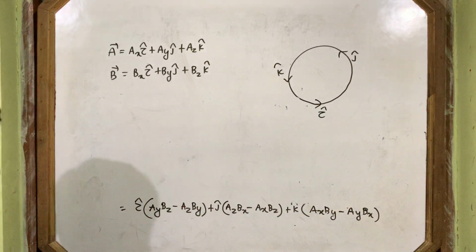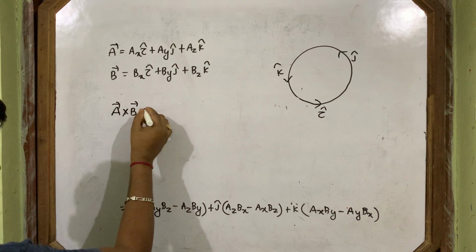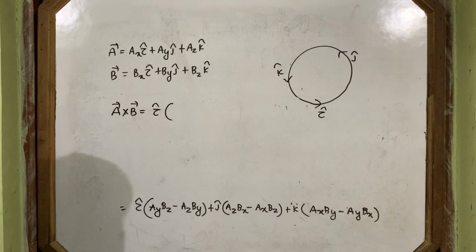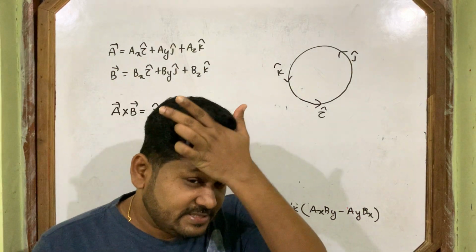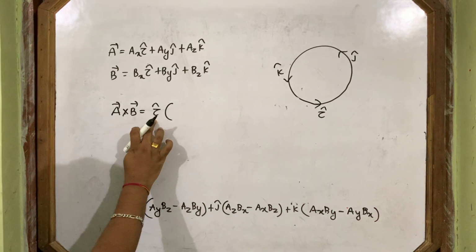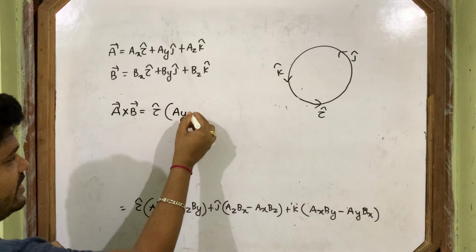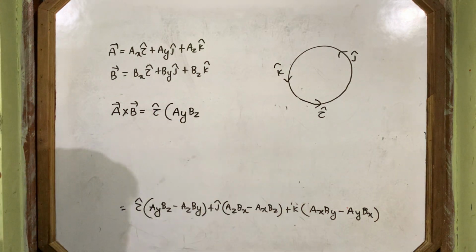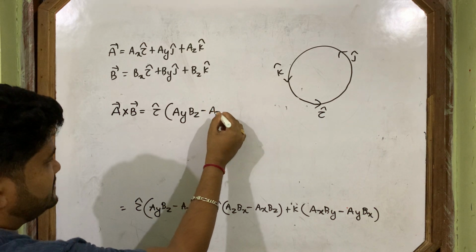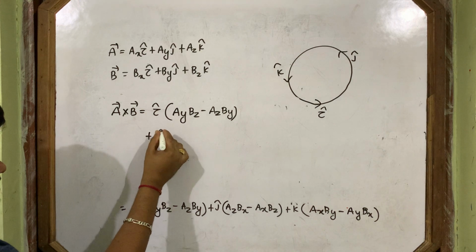Okay. So we'll start the answer. A vector cross b vector is equal to, first we start from i cap. If this is i cap, which axis is this? X axis. If this is x axis, next is y, and after y comes z. X, y, z. Then just reverse it. After i cap what comes? j cap.